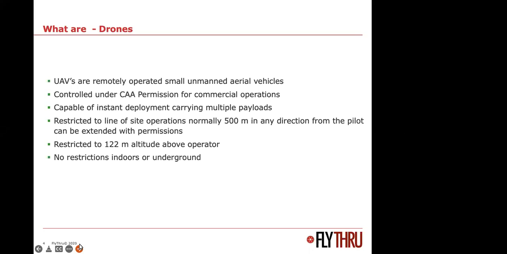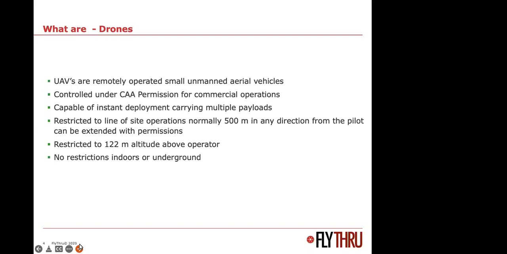We're going to talk about the payloads that the drones carry and how we use those payloads, which I think is more relevant than "this is a camera", and the restrictions that are initially placed on commercial operators. So if you were to pass your commercial license and obtain an operational authority, so you've written your manual of operation and the Civil Aviation Authority are happy with it, and they've granted you an operational authority, they normally say that you are allowed to fly to a height of 400 feet or 122 meters if you can still see the drone.